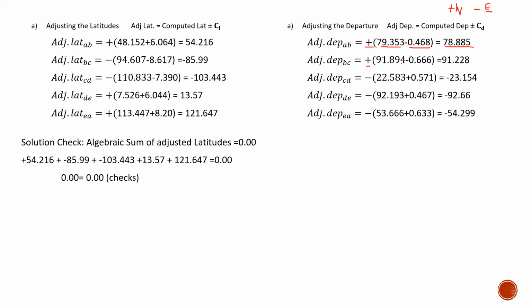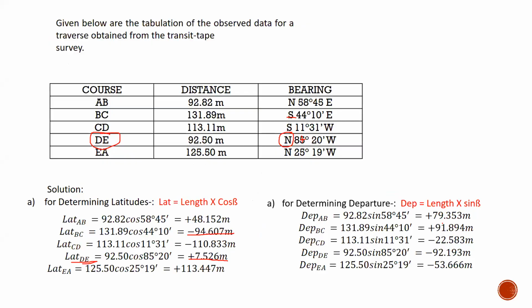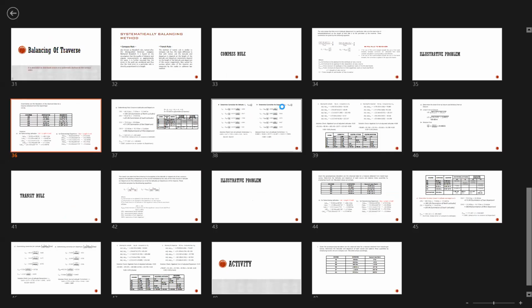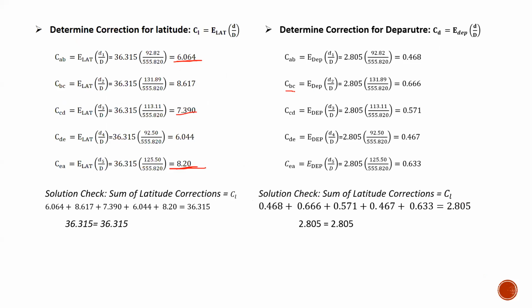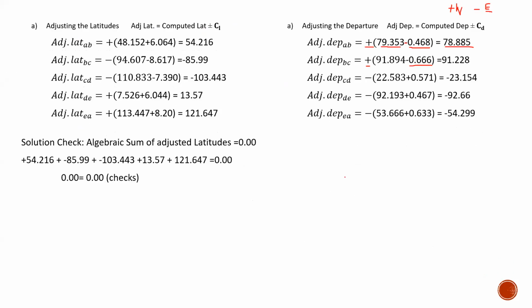That is positive 91.894. Balik tuloy tayo, baka mawala kayo. Ito yun. Ito yung na-solve natin. Positive 91.894 because east. So, pag east, diba, magma-minus tayo nung correction na na-solve natin. Yung correction na na-solve natin sa line BC sa departure is 0.667. So, ito yung ima-minus natin. 0.667. That is 91.228 meter. Next, we have for the adjacent of the departure of the line CD, that is negative